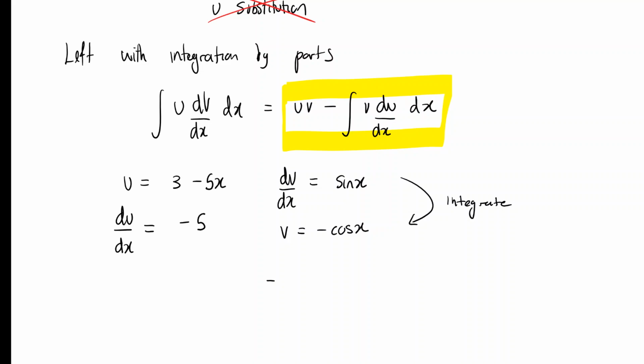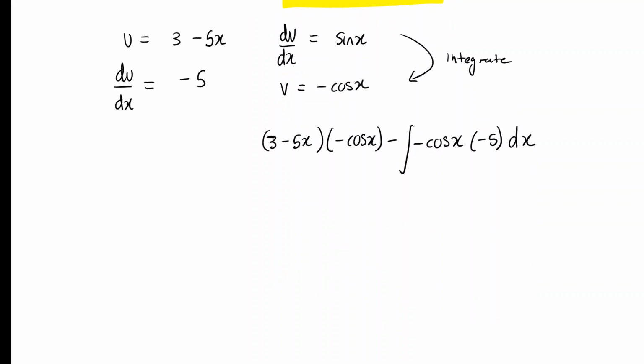So u is equal to 3 minus 5x, and that's being multiplied by v, which is minus cos x. From that we subtract the integral of v, which is minus cos x, du dx, which is minus 5, and then dx. It's going to be tidied up quite a bit. So we've got 5x minus 3 cos x, just taking the minus from here and distributing it across those two. Then there's minus, minus, and minus, so overall they just make a single minus,